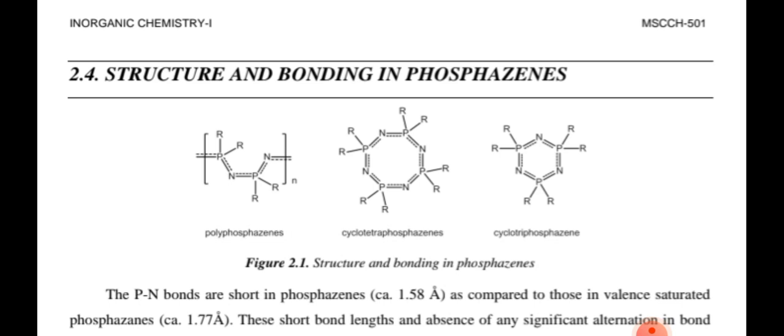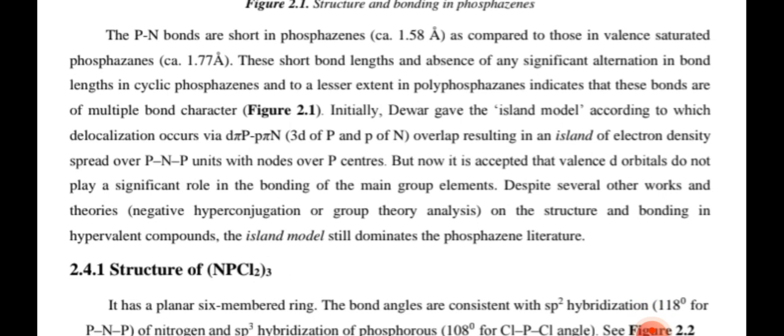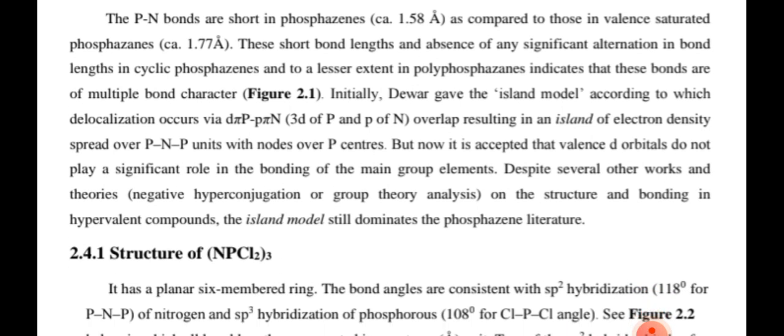Now, structure and bonding in phosphazenes. Polyphosphazene, cyclotetraphosphazene, cyclotriphosphazene. The phosphorus-nitrogen bonds are short in phosphazenes, 1.58 Angstrom, as compared to those in valence saturated phosphazanes, 1.77 Angstrom. This short bond length and absence of any significant alternation in bond length in cyclophosphazene and, to a lesser extent, in polyphosphazene indicates that these bonds are of multiple